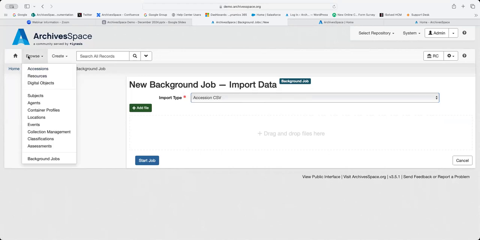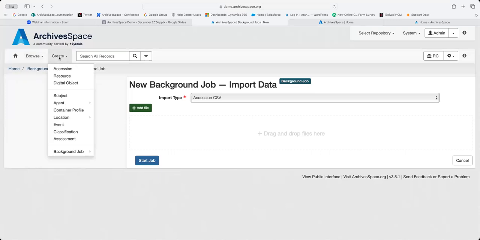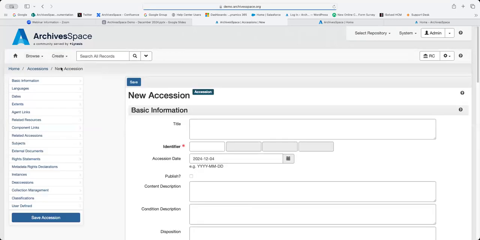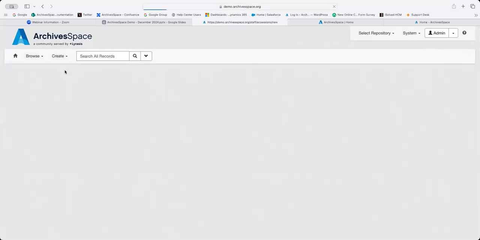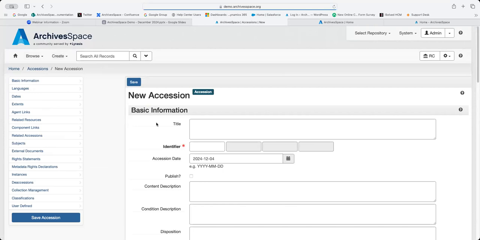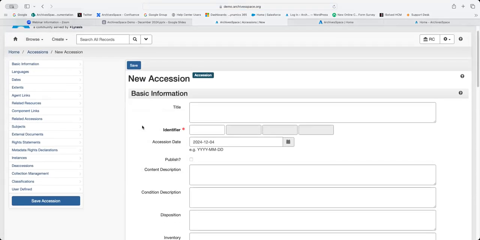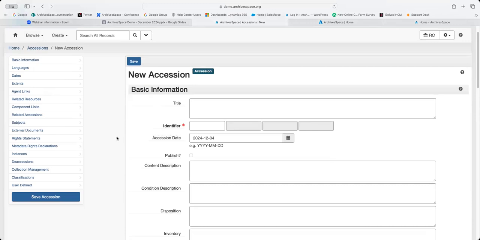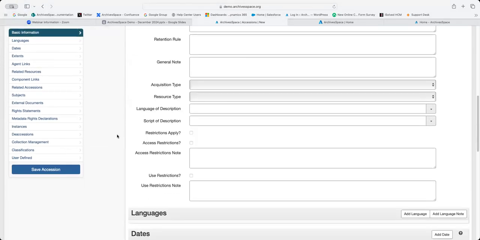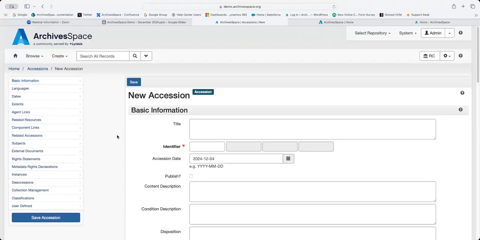But for now, we're going to go ahead and look at individual record types. So when you want to create a new record, you would go to create an accession record. Well, I selected create an accession record. You would select create whatever record, but I'm doing an accession record for this purpose. And you're provided with a blank template. You'll see it looks pretty standardized. You have a lot of information that you can provide here.